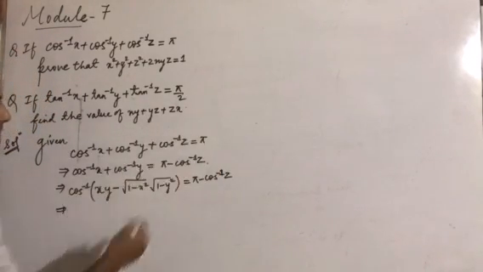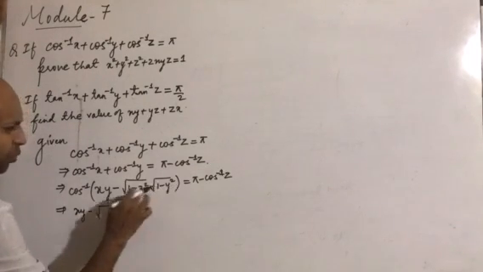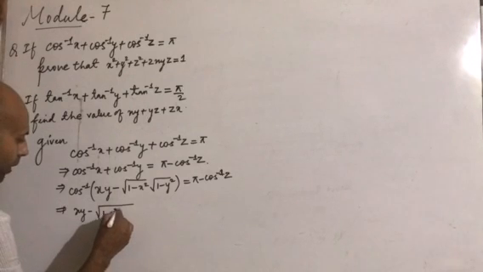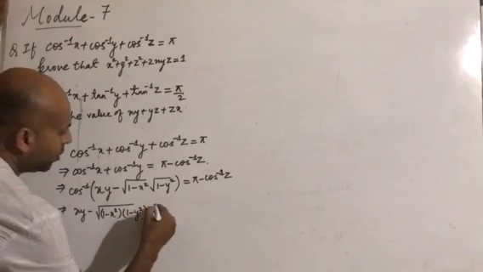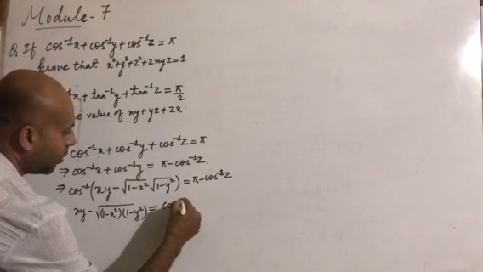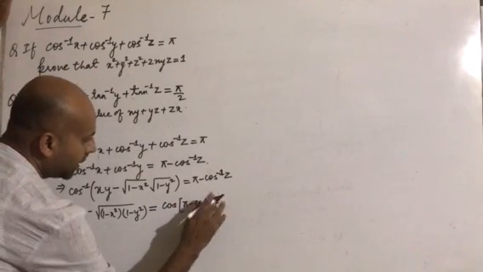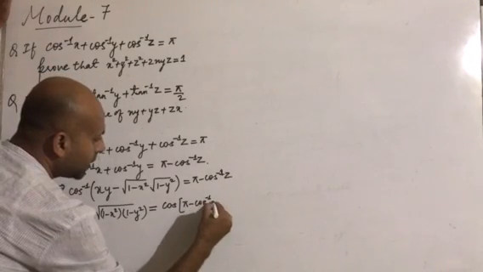This cos inverse will be taken to the other side, so it will be equal to xy minus this whole thing. Because two roots are there, it's better that I write both of them in a single root. So I'm writing here 1 minus x square, and then 1 minus y square, is equal to cos, cos inverse coming to the right hand side will become cos, and this will be equal to pi minus cos inverse of z.